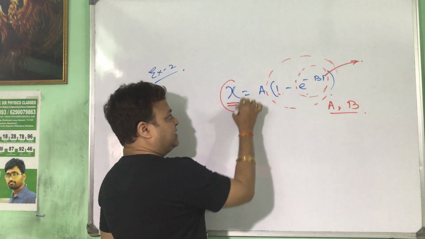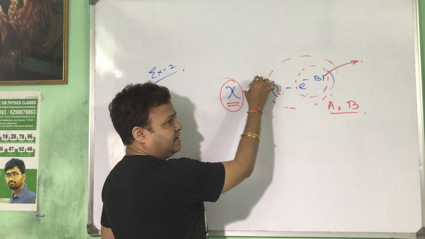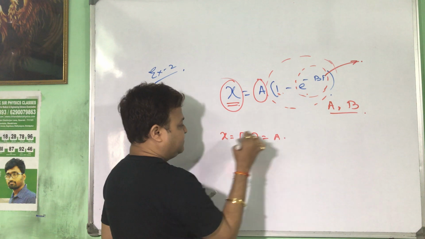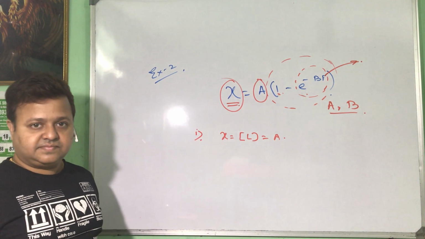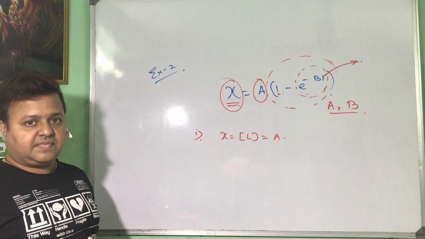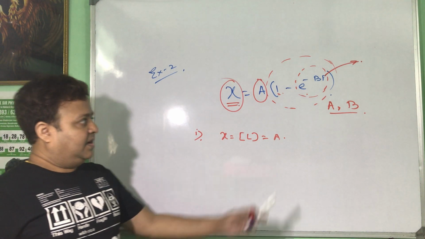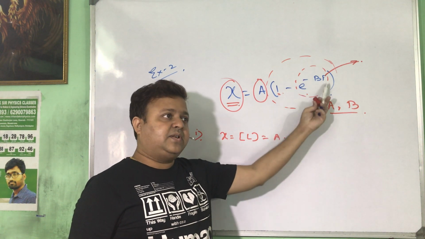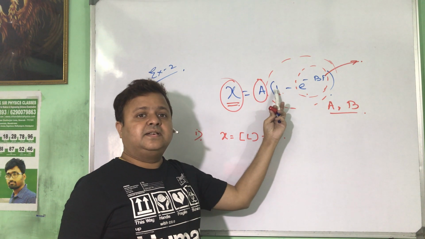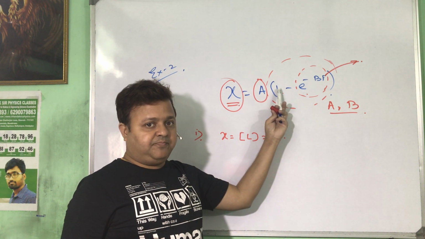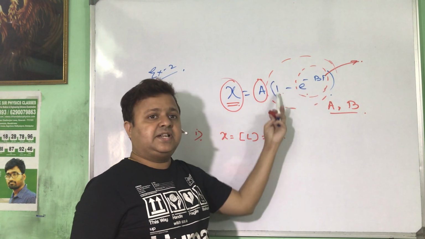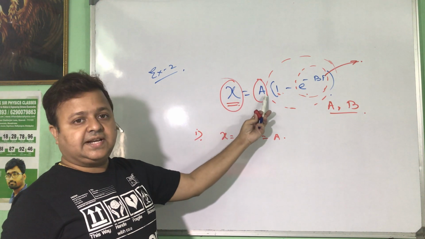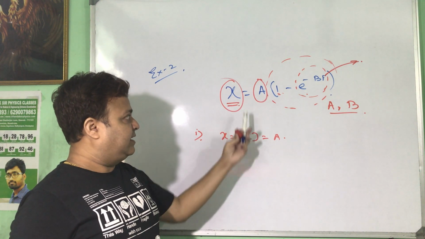So the dimension of x must be equal to the dimension of a, that is x means the length, that is the dimension of a. E to the power something, this is the mathematical term, known as the exponential part. So this is dimensionless quantity. 1 is also a mathematical number, that is dimensionless. So this total part is also dimensionless. According to the principle of homogeneity, the dimension on the left hand side equals the right hand side. The dimension on the left hand side is L, that is the dimension of A.